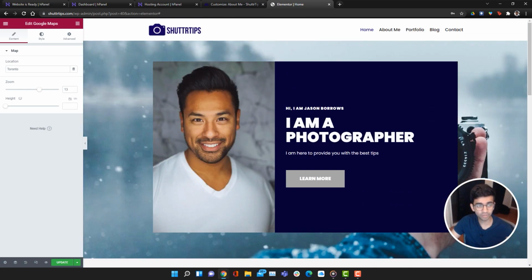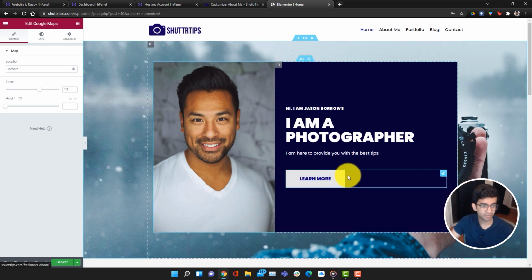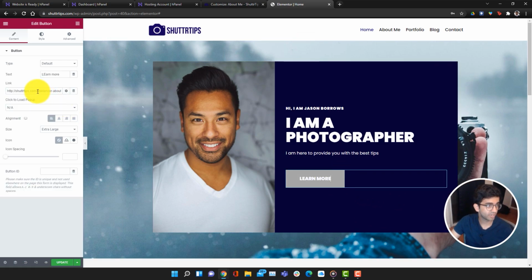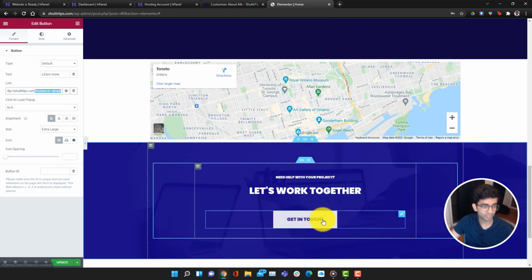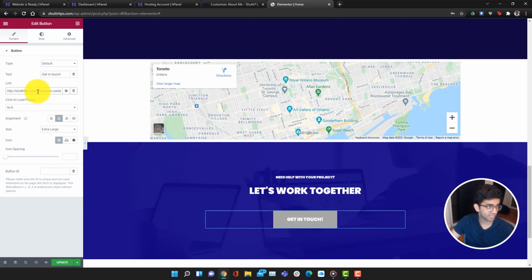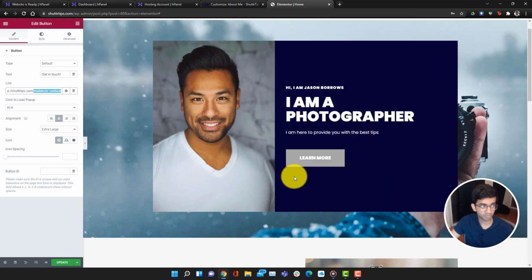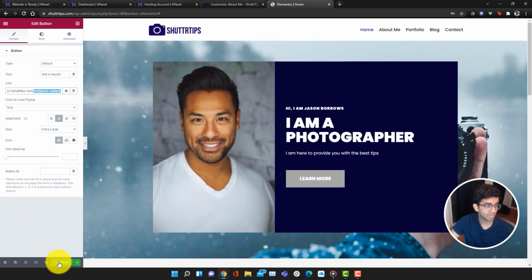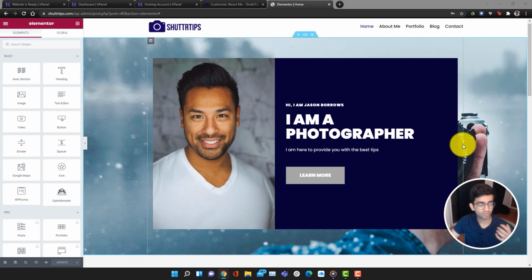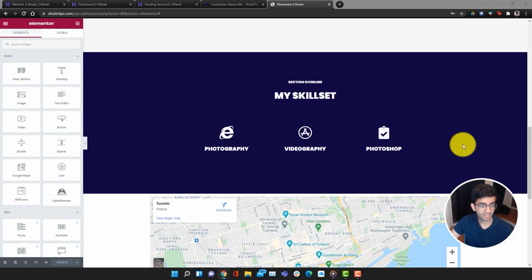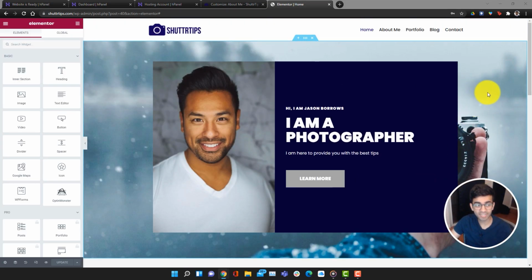You also want to make sure all of the buttons are pointing to the right place. So for example, if you click on Learn More, it's taking us to the About page, which is over here. And if we go into Get in Touch, it's taking us to the Contact page, which is also perfect. So this looks good to me. I'm going to click on Update. So now we have our main page done, and we can apply these same skills